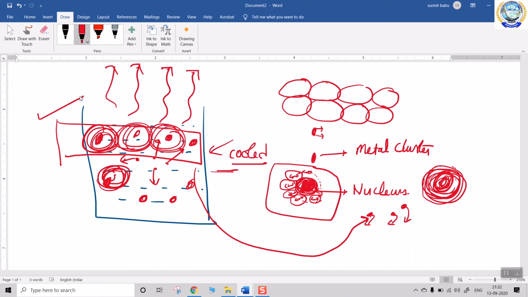So here I want to introduce a small word called embryos. What are embryos? Embryos are the metal clusters which are going to be re-dissolved. So if a metal cluster re-dissolves in the liquid, then we have to call it with a different name, embryos. Is that clear? Come, let us read the notes.